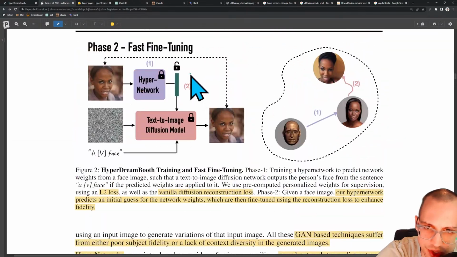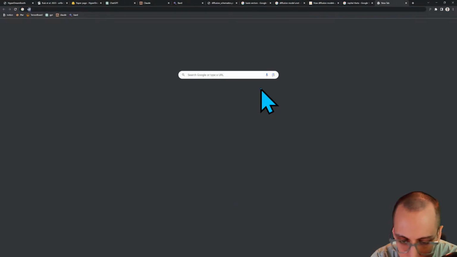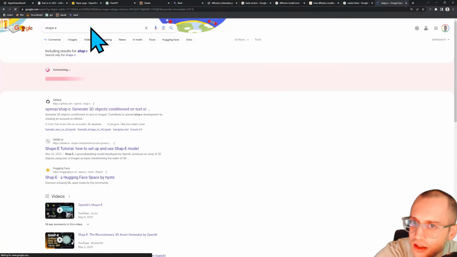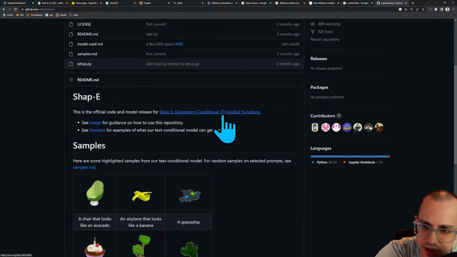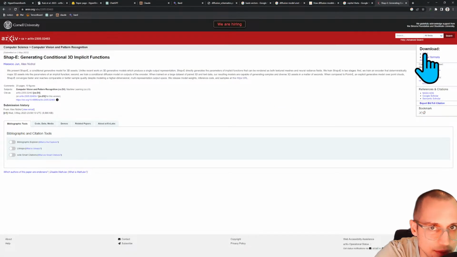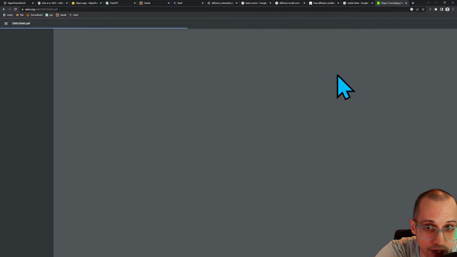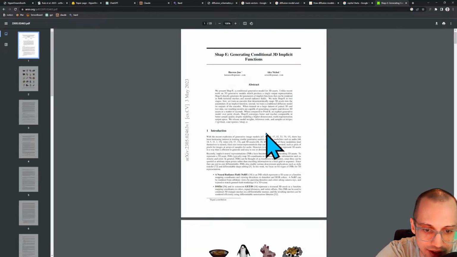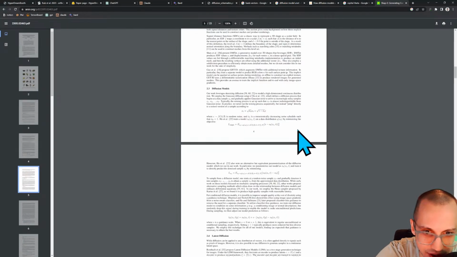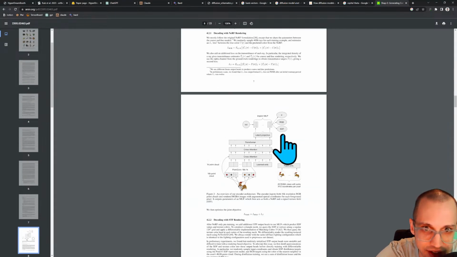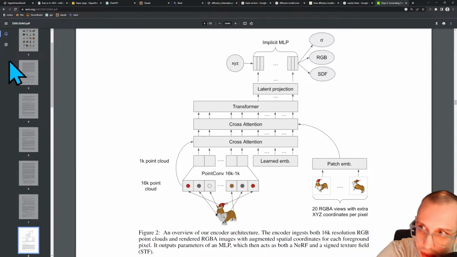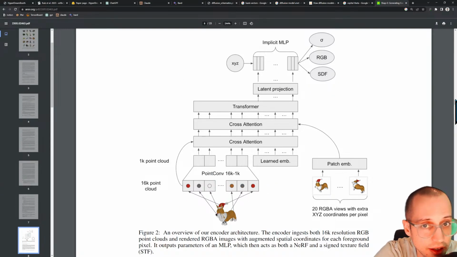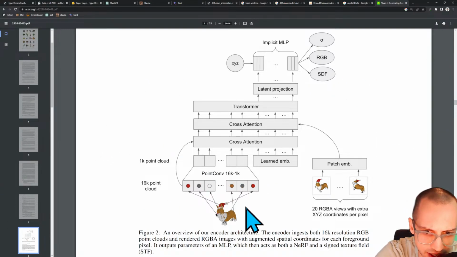I like this very much. We saw a similar kind of hyper network in, I think, the Shape E paper. Yeah, this Shape E paper, which was pretty crazy, but they did something similar here where they had a neural network that generated MLPs for NeRFs, which was crazy. Yeah, here you go. So in this Shape E paper, which is coming out of OpenAI, they have